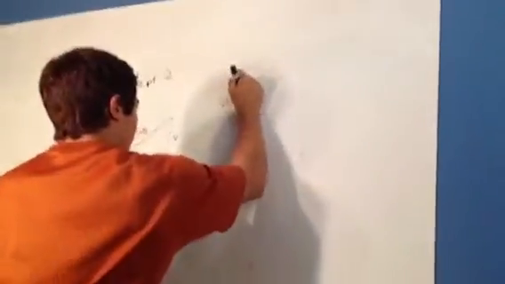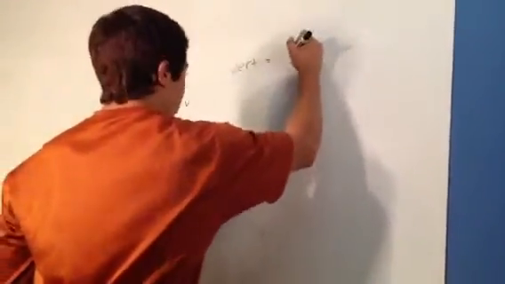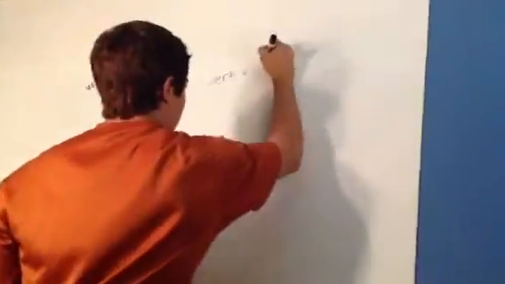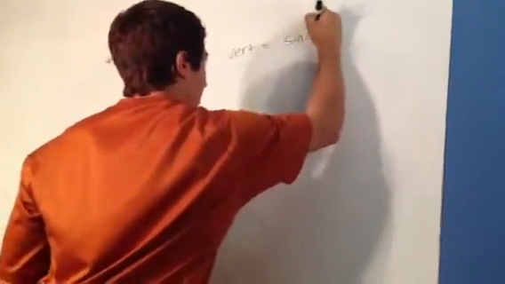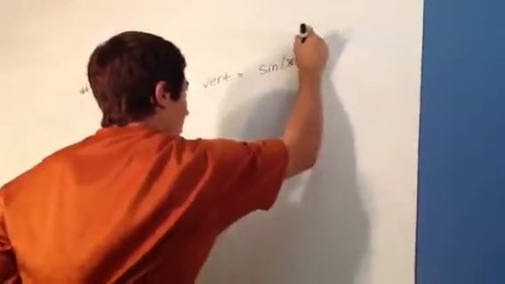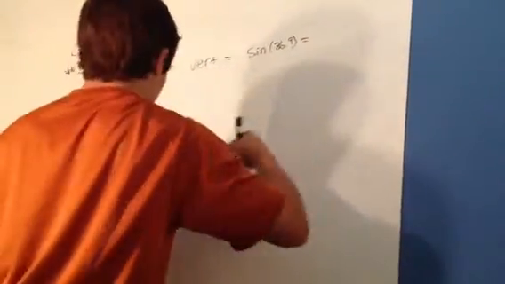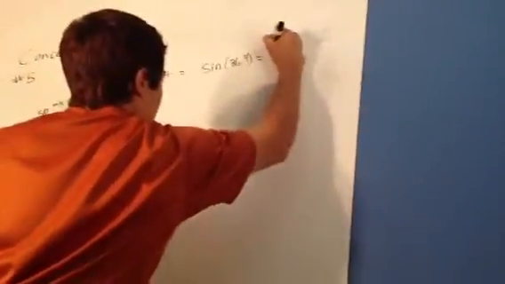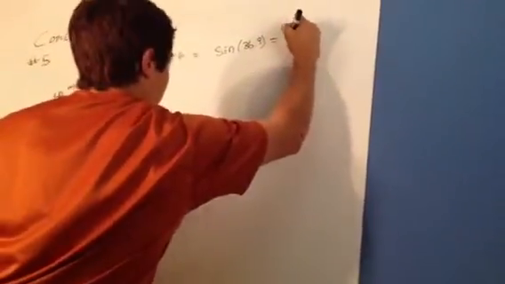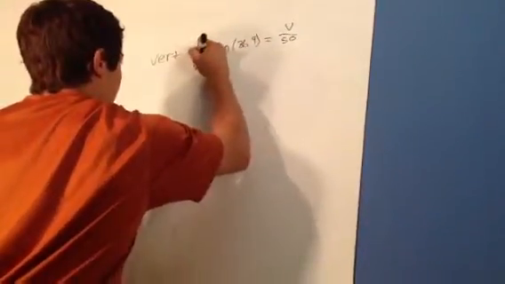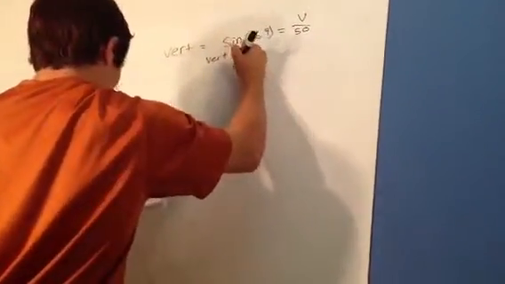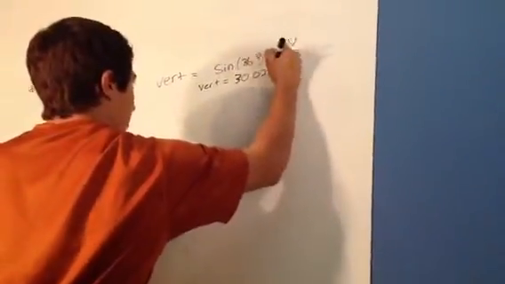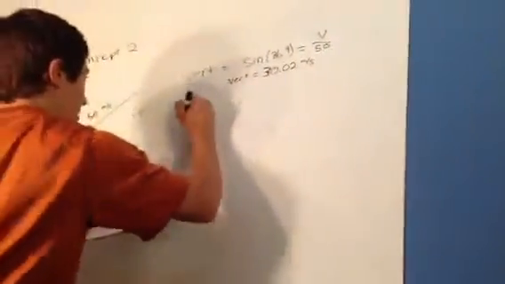So vertical equals, and then you can use the sine trig function. So sine of 36.9 degrees equals, and then it'll equal the vertical component over the hypotenuse. So vertical over 50, and the vertical ends up being 30.02 meters per second, and then the horizontal